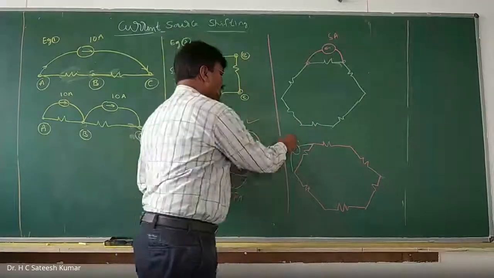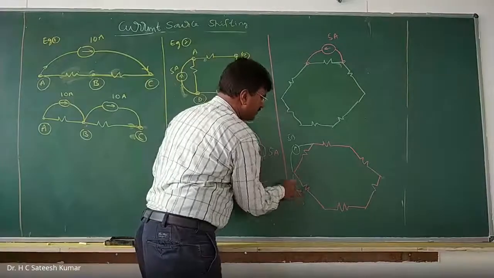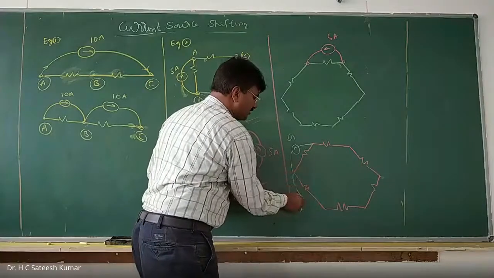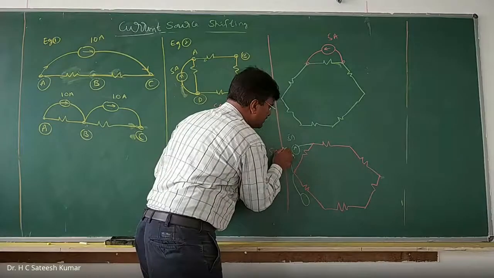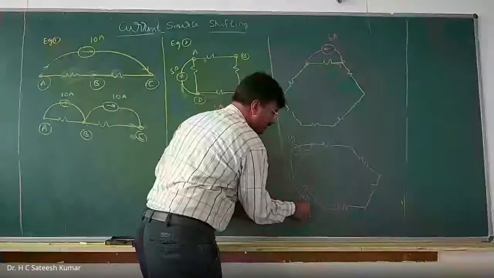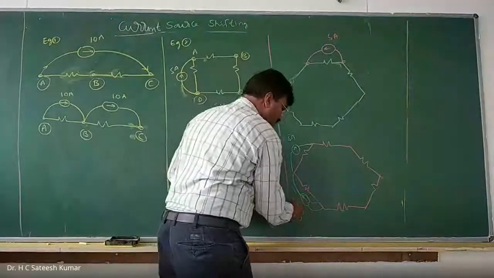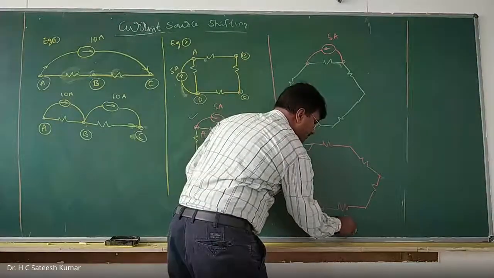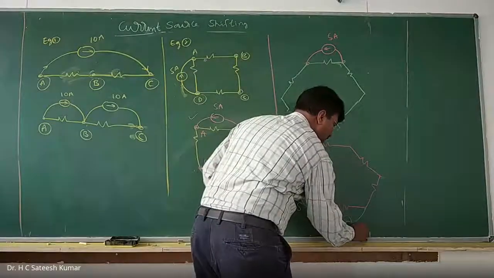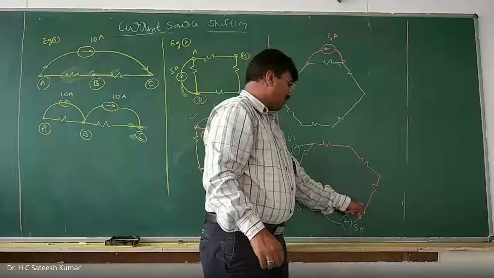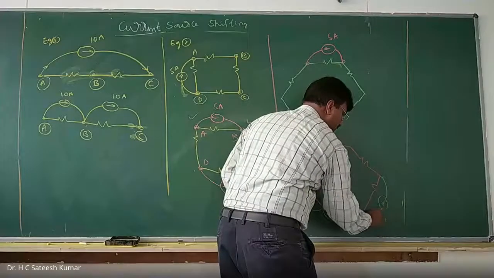5 amps entering. This one is disturbed. Therefore, 5 amps here, 5 amps is leaving. So to make it 0 at this point, 5 amps should enter. It is leaving, therefore it is entering. Direction is very, very important. Now, 5 amps is leaving, therefore 5 amps should enter. Next, 5 amps is leaving, so 5 amps should enter. So that net will be 0.